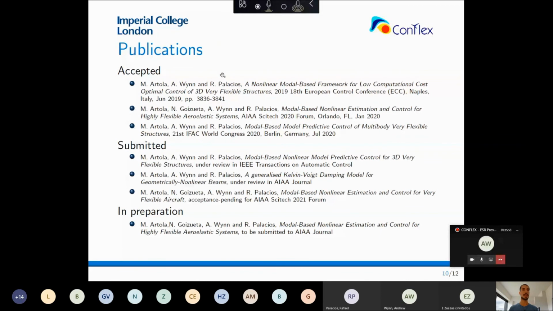And well, this is finally the list of publications. Three accepted conference publications. We have two papers submitted to journals, which are under review. One in the IEEE Transactions on Automatic Control, where we describe the main theory behind this model predictive framework, and another one regarding this Kelvin-Voigt damping. And we also have this other journal which we